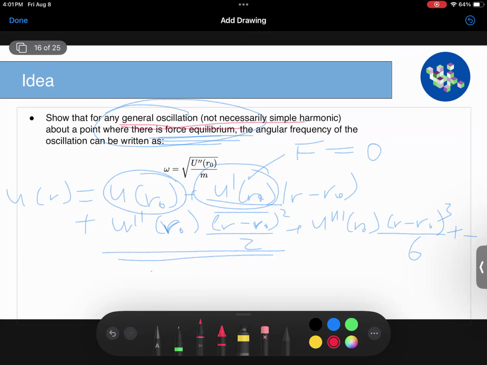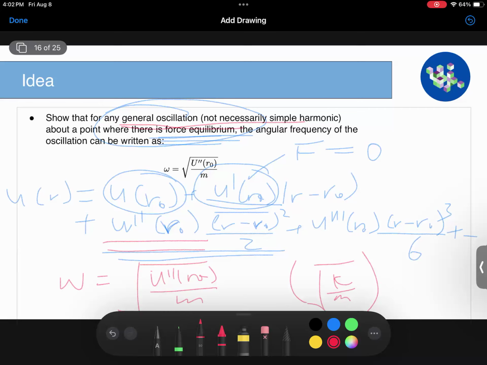That spring constant U double prime R0. So then my omega would just be square root of U double prime R0 over M. It just looks like square root K over M. It's basically, we're just approximating it as a simple harmonic oscillation when there's a very, very small oscillation about the equilibrium point. So the condition for this to hold, you need to have some oscillatory behavior, and you